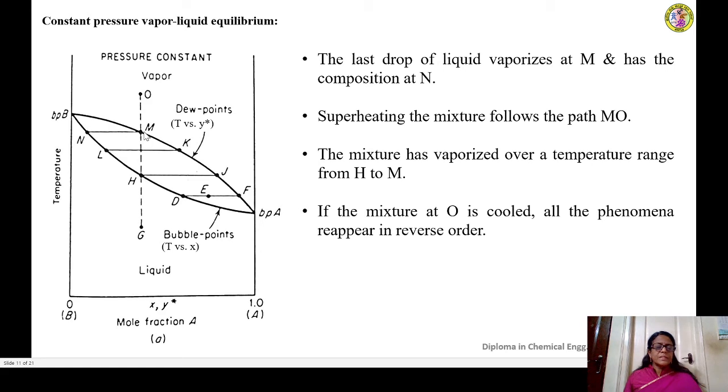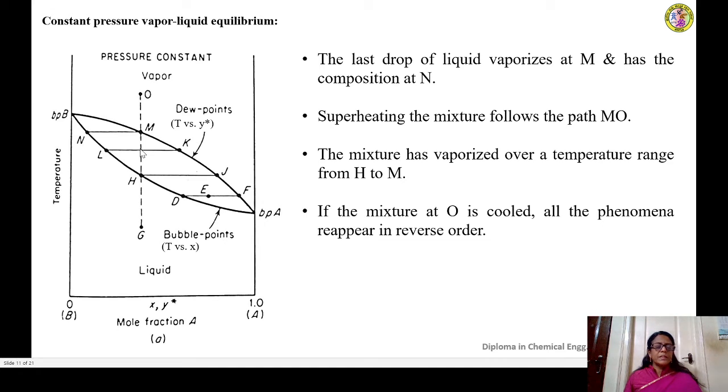So this point is called as dew points. Similarly, all other points on the upper curve are the dew point temperature. So the upper curve, that is T versus Y star, is also called as dew point curve. Now at point M, if you reduce the temperature to some temperature, say